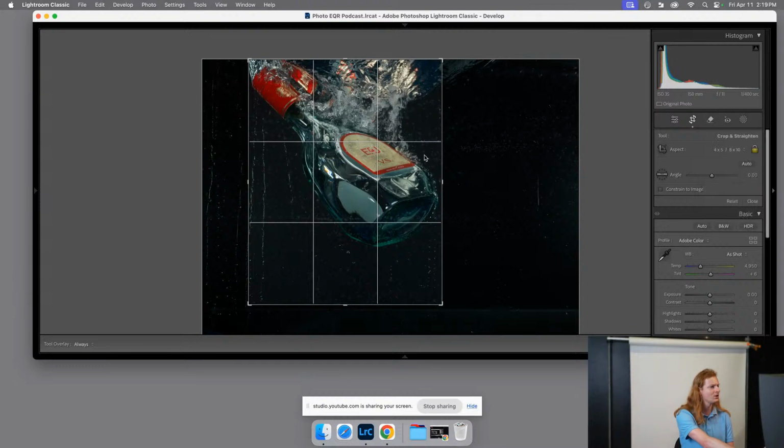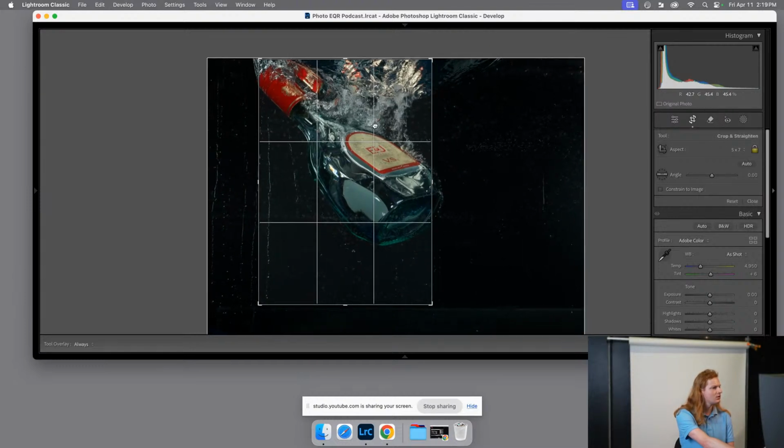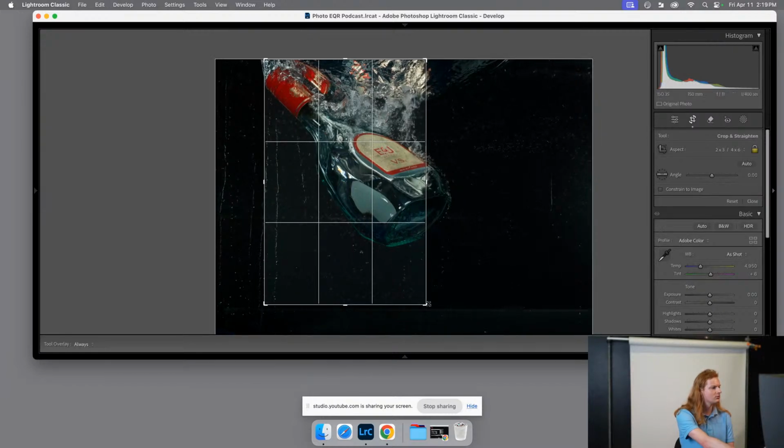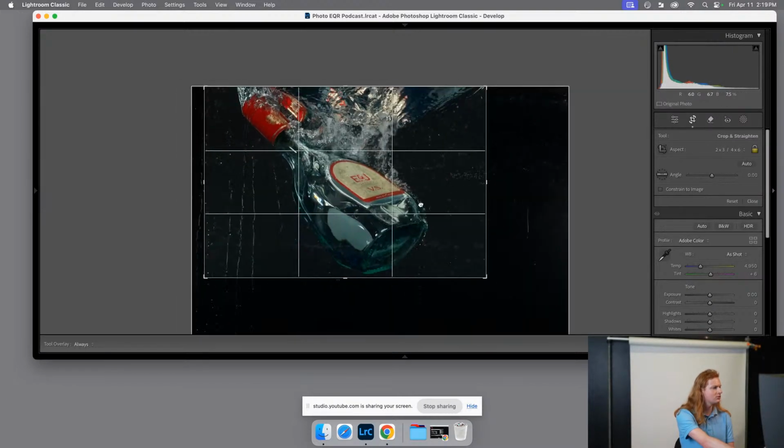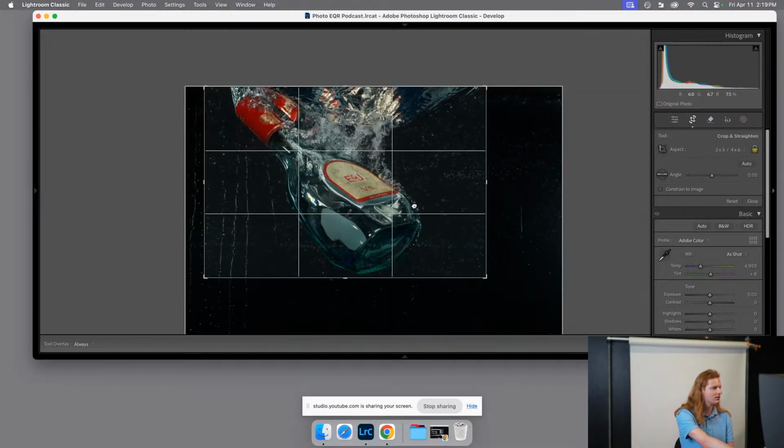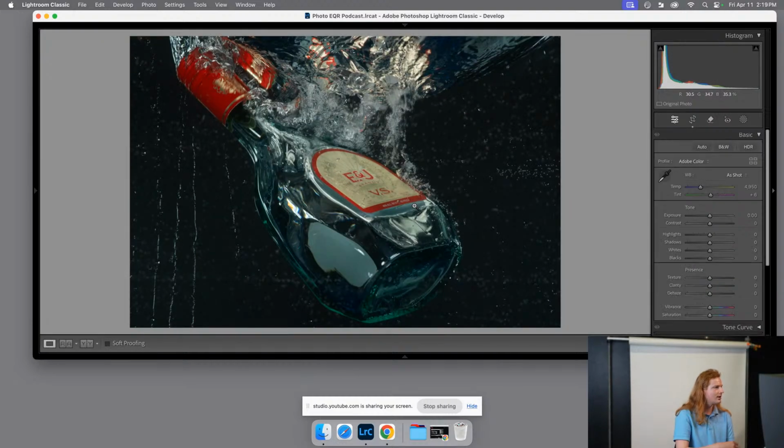We could try 5x7, but that's even skinnier. If we rotate it the other way, we could do something like this if we want. I think that's a pretty good crop. If we're not doing anything else,